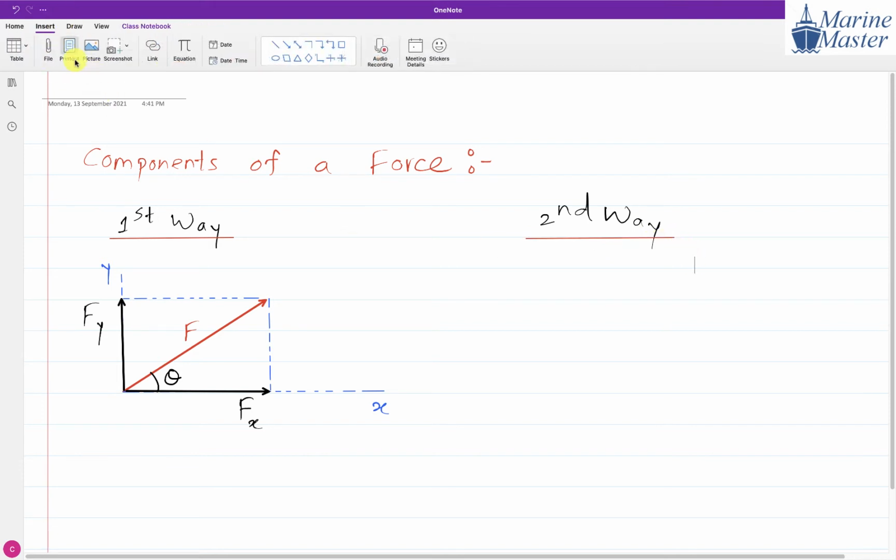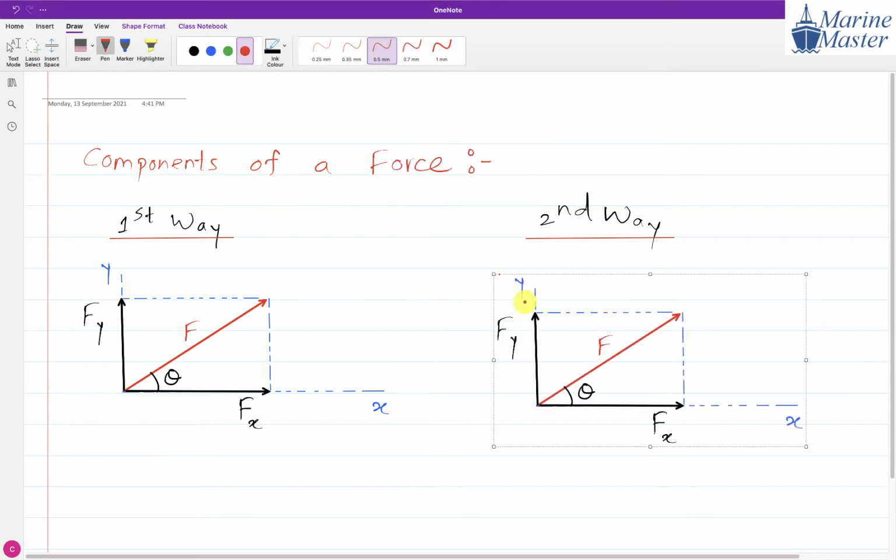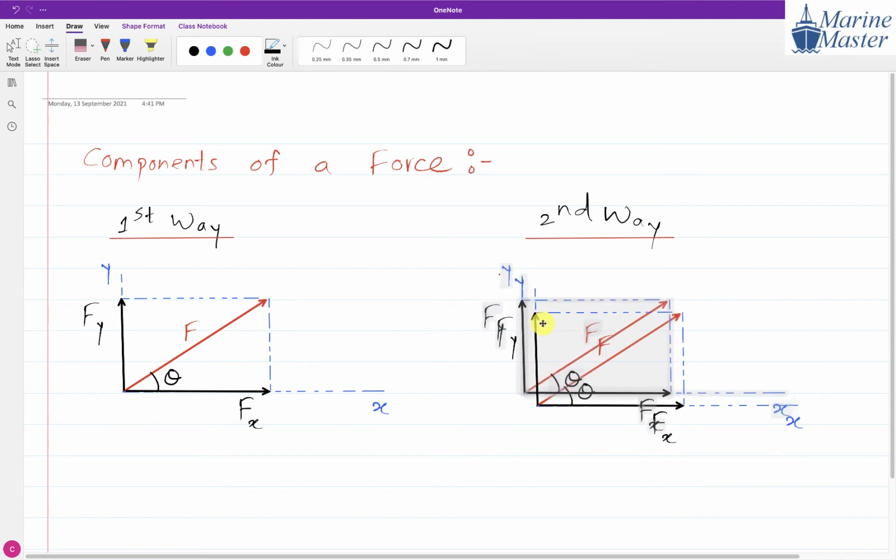Now I am going to copy the same drawing. Just observe the things here carefully. I am going to copy the same drawing. I have the option here. So I am going to copy the drawing. Now in this drawing, in this first way, what do we come to know? Fx and Fy both are going outward. Now instead of this one, whatever this length is will be the same length here.